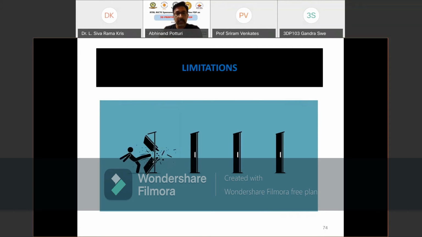Not only that, another major limitation is that nothing has so far come close to bone, something that can replace bone, like sir was saying, hydroxyapatite. There are a lot of silicone materials and metallic products in the experimental phase that could replace the bone completely, so that you don't have to take bone from other parts of the body. But that stage has not yet come.